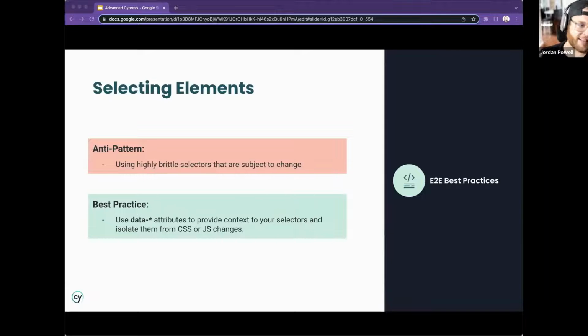So this is the number one thing I think you do with Cypress: you select elements from the DOM, right? Because you can't write assertions without having something to assert against, right? So when you're doing end-to-end testing,